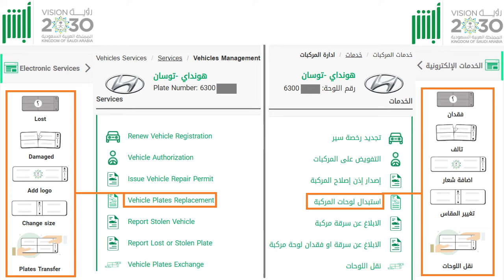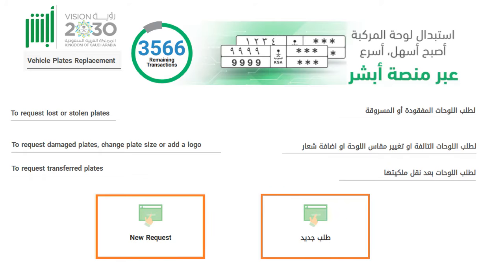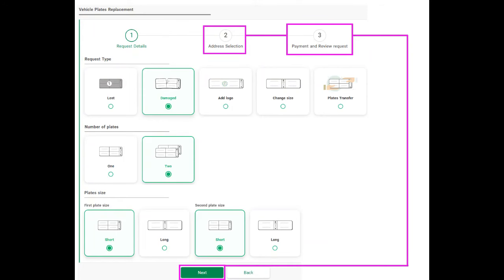So we have to choose vehicle plates replacement, and then at the bottom of the next page, new request, talab jadid. You have to choose the request type, damaged or lost or change size, for which you have paid the fee earlier, and then you have to choose the number of plates. You must choose two because you have paid earlier for two plates. So you can choose two different plate sizes, and they could be the same, they could be different. It's no problem. You can choose both short, both long, one short, one long, depending on your vehicle's plate location